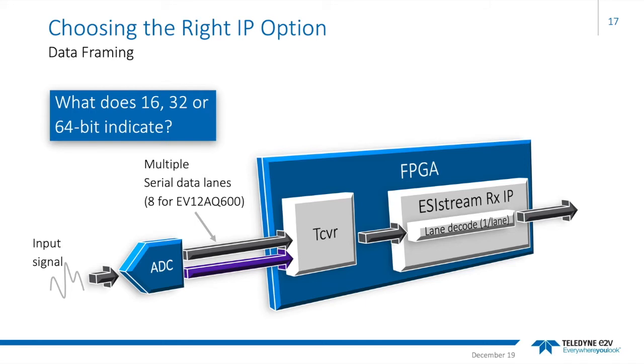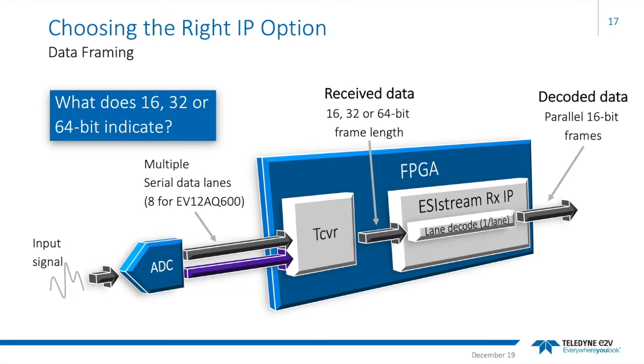The serial data is received by the transceiver, and each individual lane is processed by the ESIstream receive IP as shown. The received data that emerges from the transceiver may have been encoded by the transmitter into either 16, 32 or 64-bit frames. Irrespective of that framing choice, the data width expected at the output of the decoder is just 16